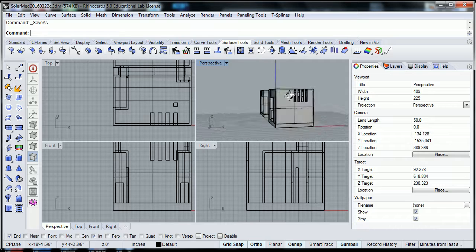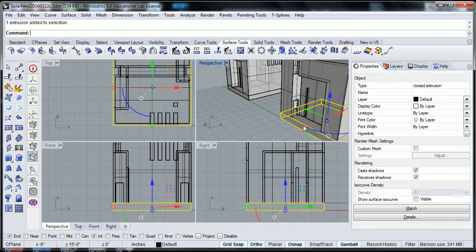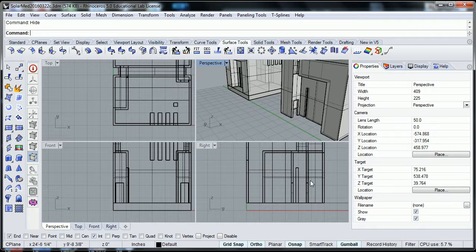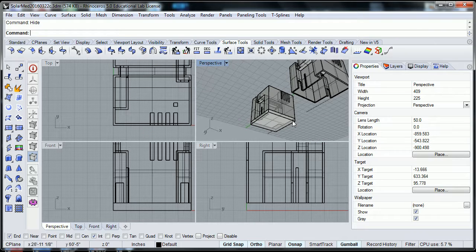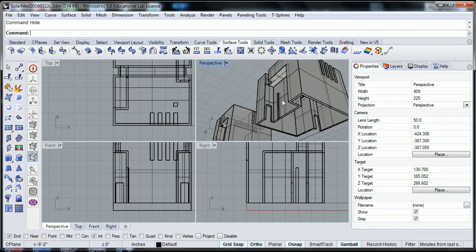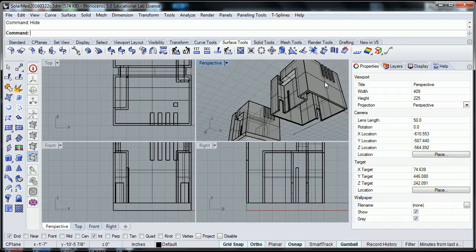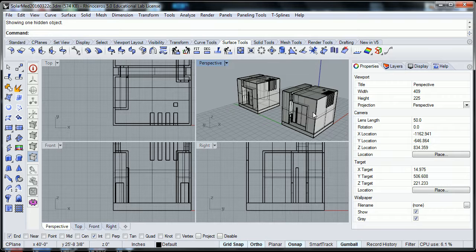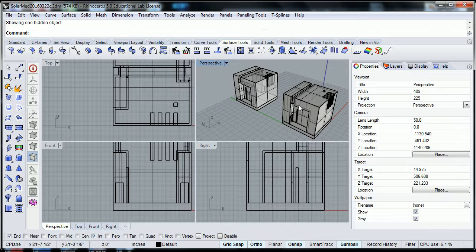Okay, and of course how we made it is that we have this thing hide, we have the floor separate so that we could have a floor for this thing and work on the walls independently. Show. Okay, so what you should have is something to this point,